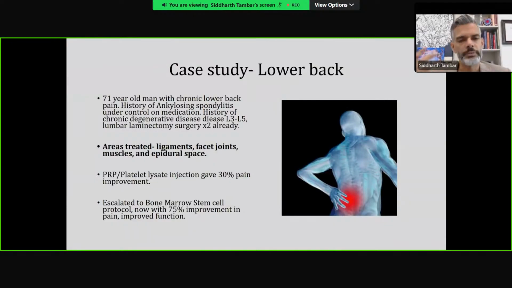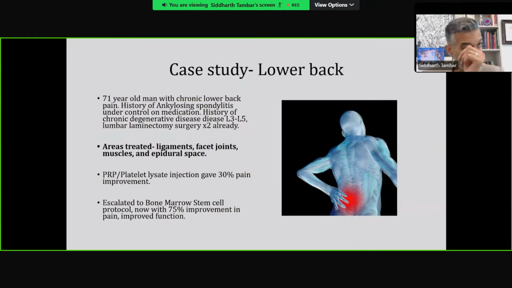It's an example of someone who had ankylosing spondylitis, which is a chronic autoimmune arthritis that can affect the spine. Their inflammation is under control with medication. The thing is that they have also developed some chronic wear and tear. And again, we see that frequently in someone that's had prior inflammation in a joint. That joint has been slightly damaged. Some of the supportive ligaments or tendons have been slightly stressed and weakened. And now that person has developed degenerative wear and tear issues in that joint as well.